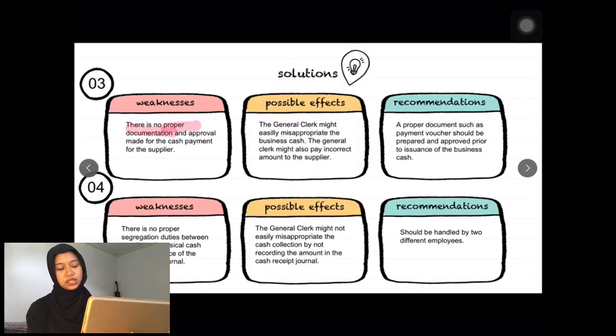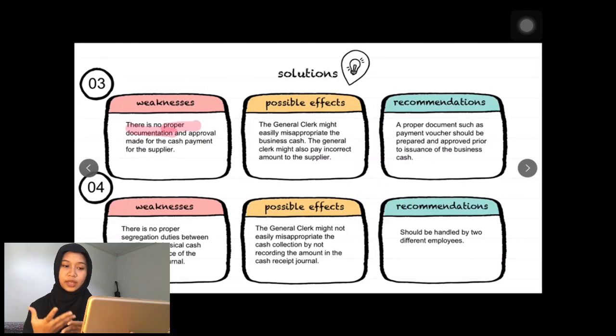The effect dia boleh jadi general clerk might easily misappropriate the business cash. The general clerk might also pay incorrect amount to the supplier. Maksudnya sebab dia tak ada proper document, so boleh jadi general clerk tu salah bayar. Maksudnya sebab dia tak ada benda yang dia boleh rujuk, so dia boleh jadi general clerk tu salah bayar kepada supplier. And for the recommendation,